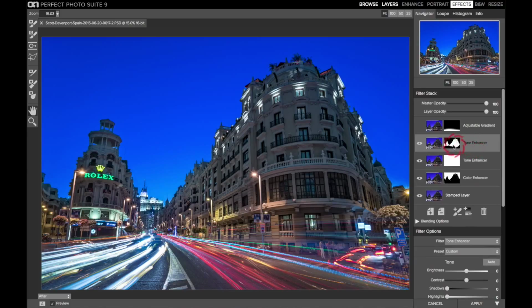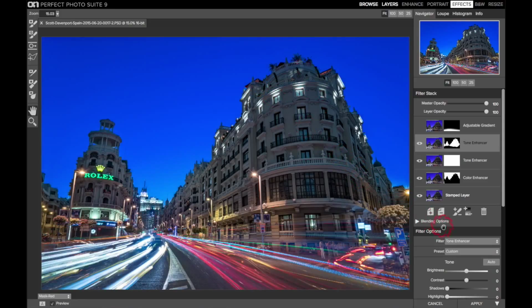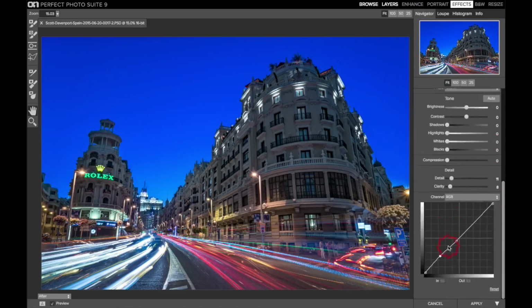Now this one's got a lot more masking going on. Control M to see the mask. I'm only doing this for the buildings, and it's a pretty lazy mask. Mostly just a few brush strokes over here, and on the edges using the perfect brush to keep things just applied to the buildings. But the things that are going on here is it's a little more of the details. Come on, computer, catch up with me. There we go. A couple more tweaks to details and a little more rise on the shadows using the tone